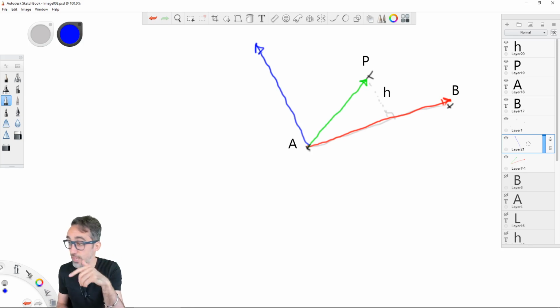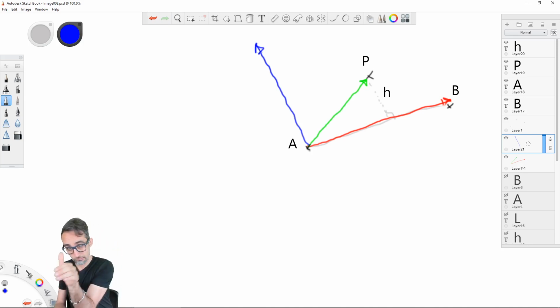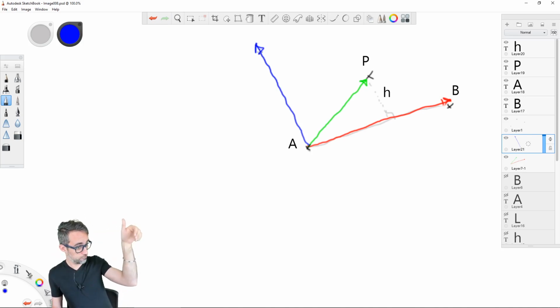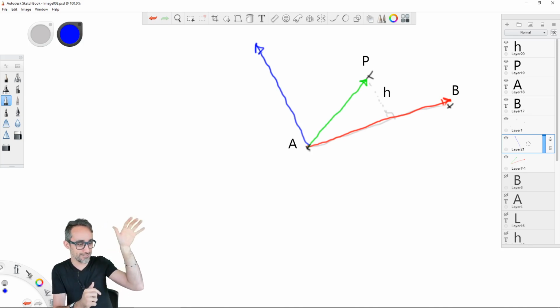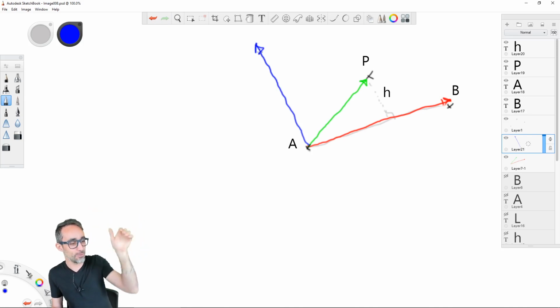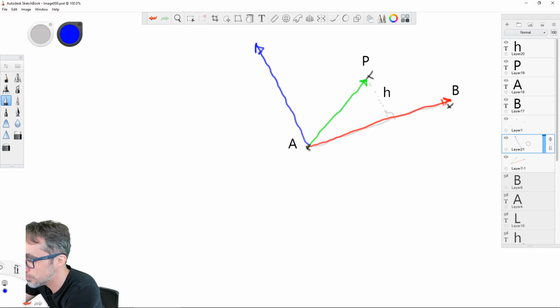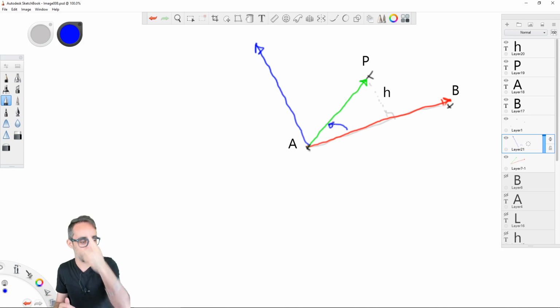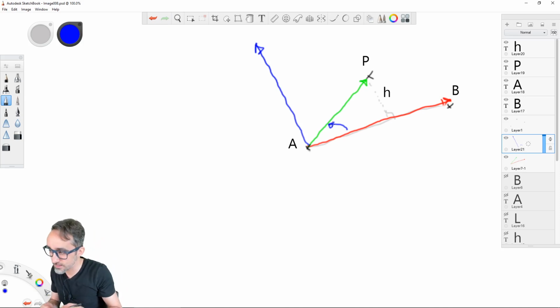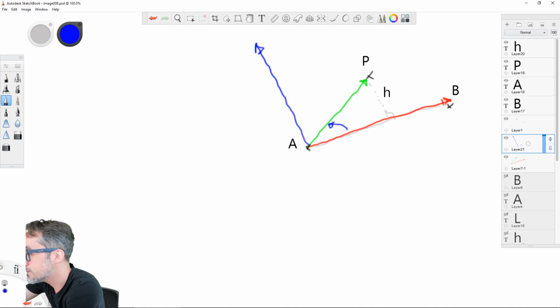So if I multiply AB cross AP, then, sorry, this is mirrored because of the camera, but it will be pointing in this way. So this would be the right-hand orientation of this cross product. But most interestingly, what happens is that the length of this vector,